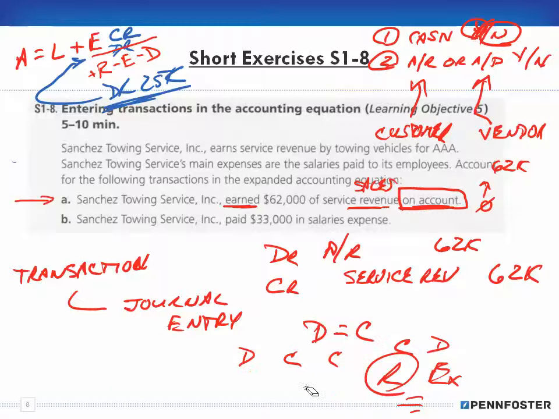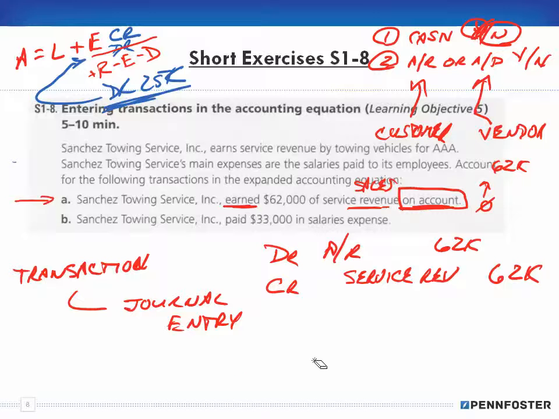behind what you're doing for the other half of that journal entry. Even though I could back into this general ledger account, it's good to know the theory behind it to double check yourself. And when you are making a journal entry you don't know how to make, you can back into it and be relatively sure that you have the right account, but it's always good to understand the underlying principles and theory so that you can work through it and make sure it's correct,